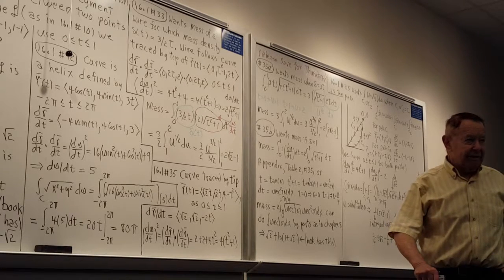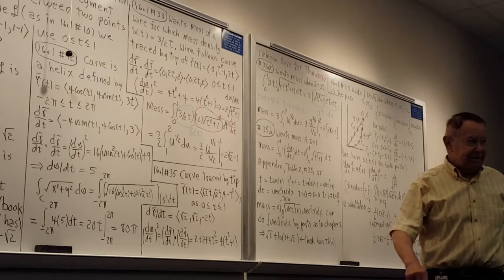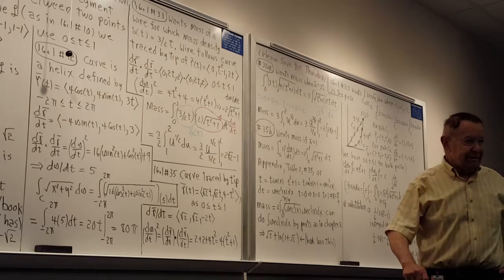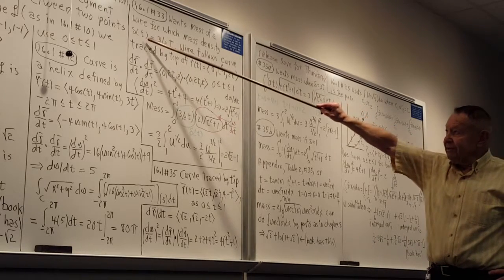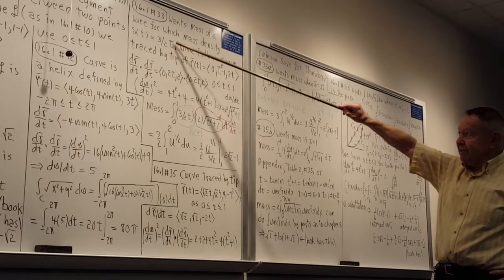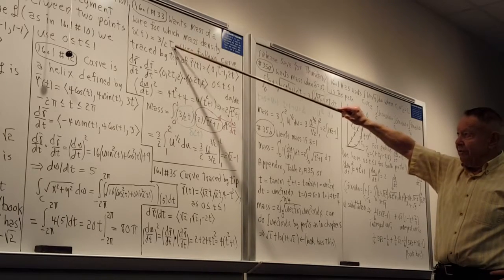It could also be the total charge if your function were the charge at each point on the wire, things like that. So the problem is thinking your density is 3/2 t, as t varies